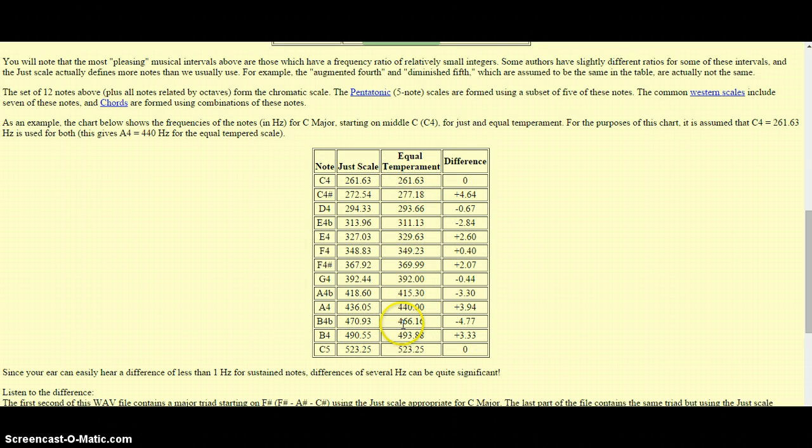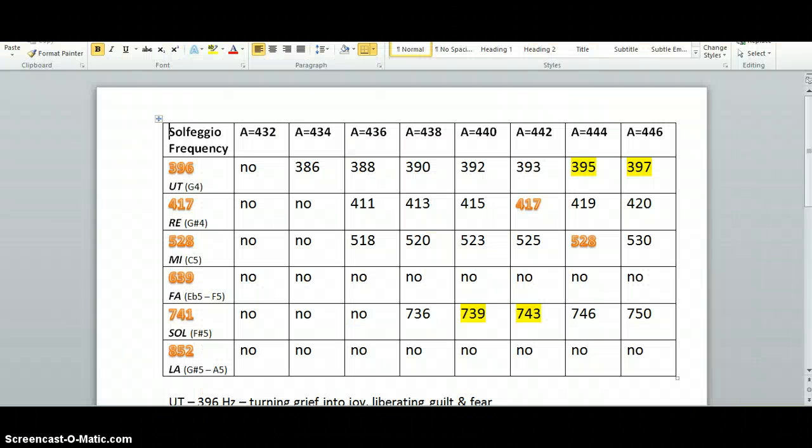This is what we have tuned all the instruments to so that all of the keys can work together. This would be the just intonation. So if you're looking at the difference in the cents, you're not going to have any more than 4 cents difference. Okay, now let's go back and take a look at this tuning chart we have here. If you're looking for 4 cents difference,